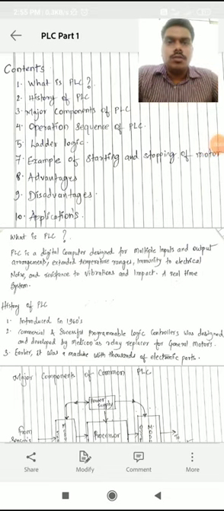Students, today we will discuss what is PLC. So PLC is basically a programmable logic controller. By its full form only, we can say that it is a logic controller. Means with the help of programming, by using some logics, we can control any device or any